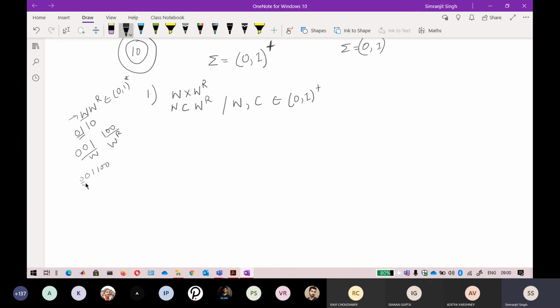So you have to take this X as this and Y as this, and again, if you pump this one, 0 0 1 and 0 0 0 0 0 1, pump it like this, so it will not belong to the language. So again, by pumping lemma, you can also say that it is not a regular language. But I think you remember I said that wherever memory is used, you can directly say that it is not a regular language.